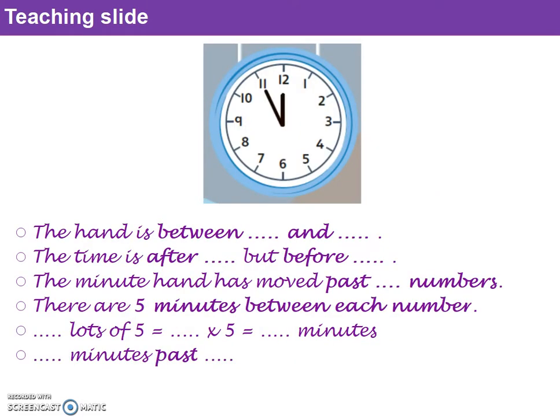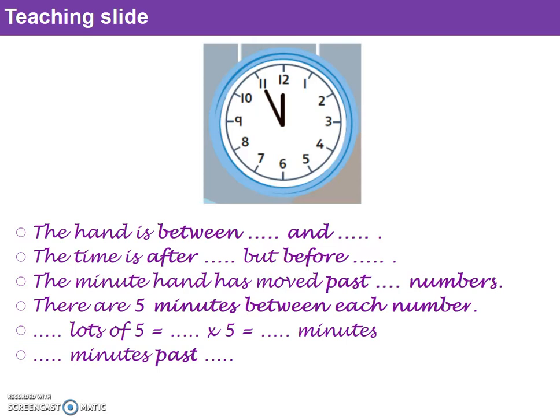So before you shoot off and complete the rest of the questions in your textbook and then move on to your independent workbook activity, let's just go over that strategy once more. So the first thing to be able to tell the time is the hand is between which two numbers. So in this case, you can see that the hand is between 11 and 12. Then think the time is after which number but before which. So in this case, the time is after 11,